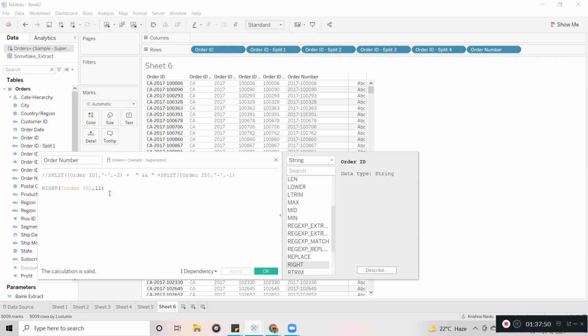So guys, different functions you can use. Okay. So this is how we can bring the data. See, this is a simple thing compared to this one. But if you want to insert special characters in between, then you have to go with this split. Or else you can directly bring it with right. Okay. Is it clear, guys?